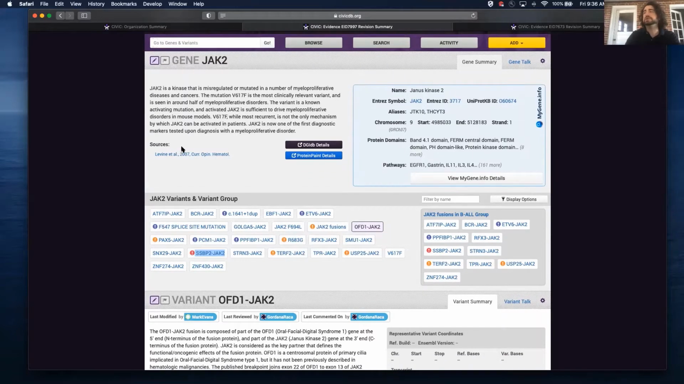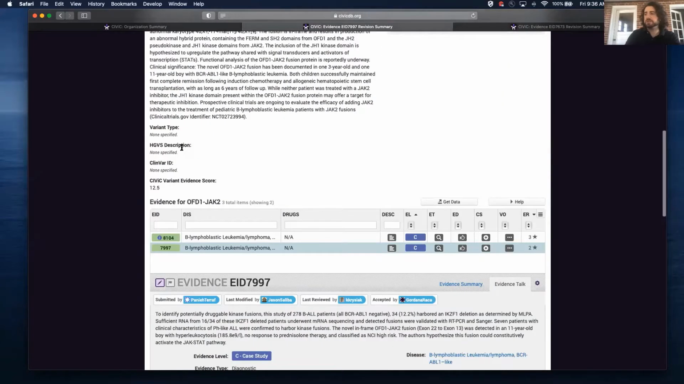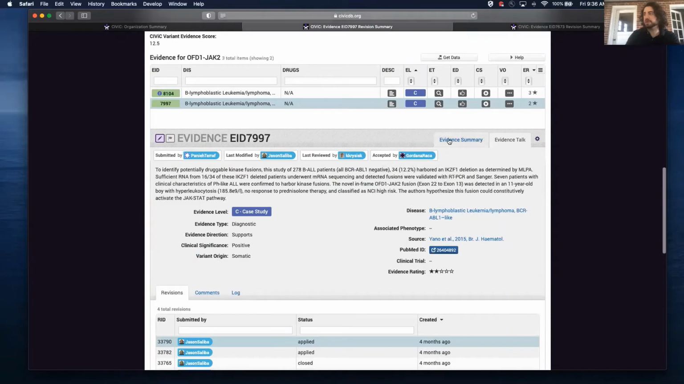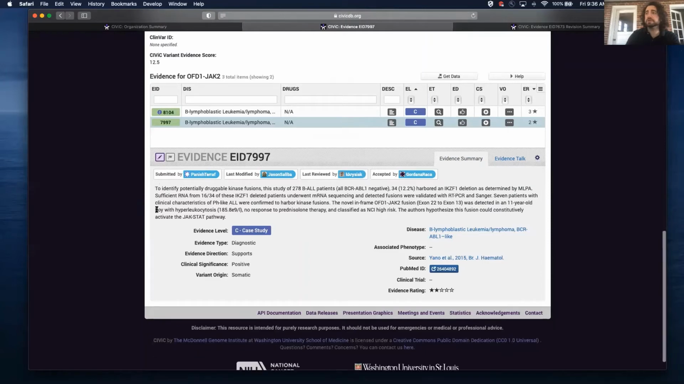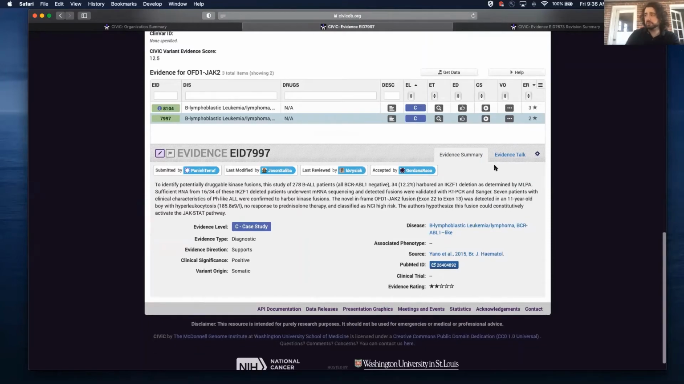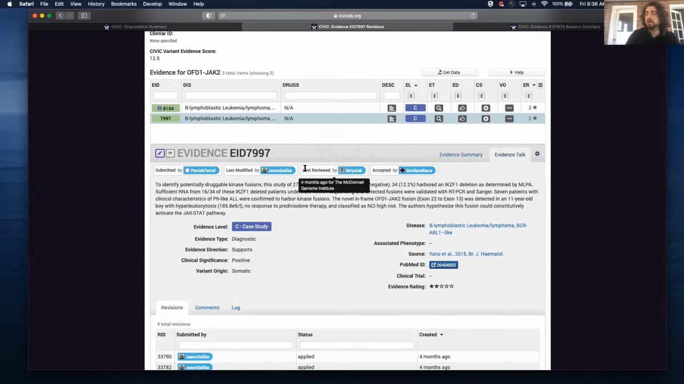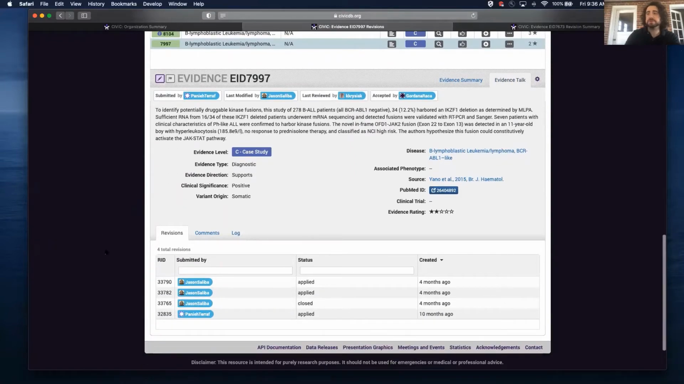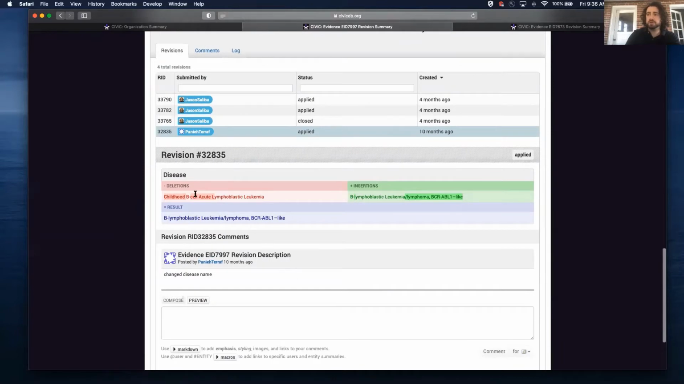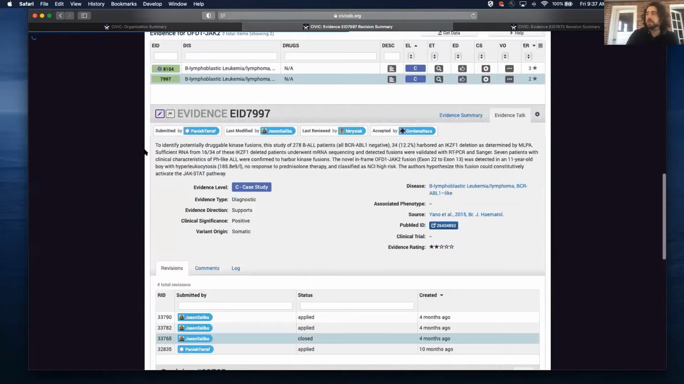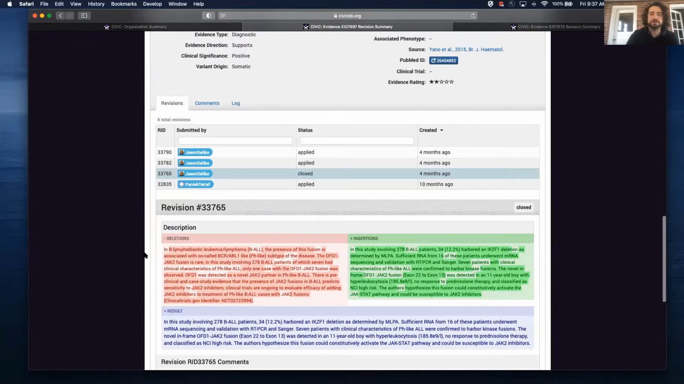So in this particular evidence item 7997, we can scroll down and we can just see that the evidence summary is here from the initial submission that was done 11 months ago by one of our curators. It was gone through, and then if you click on the evidence talk tab, we can see if there are any revisions that were made. There was a revision that was done 10 months ago where the specific disease was made more accurate into PH-like ALL. Then I went through 4 months ago and I made a revision to the evidence statement,